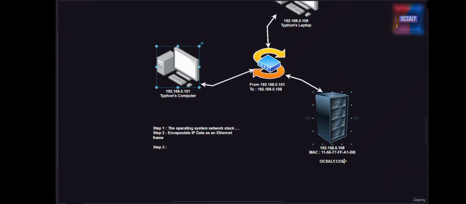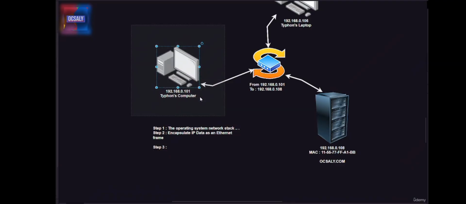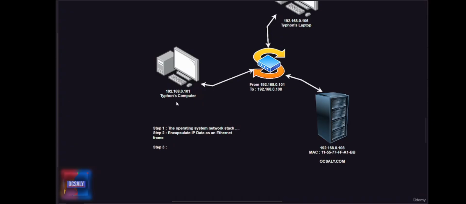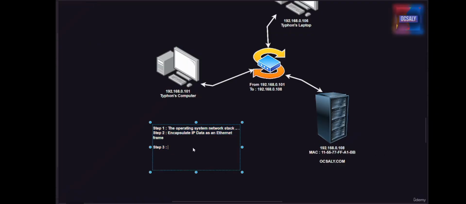So the destination address is this, and our Address Resolution Protocol just figured out the destination MAC address, and the source MAC address is Typhoon's computer MAC address. Step 3 was the ARP response, and step 4 is